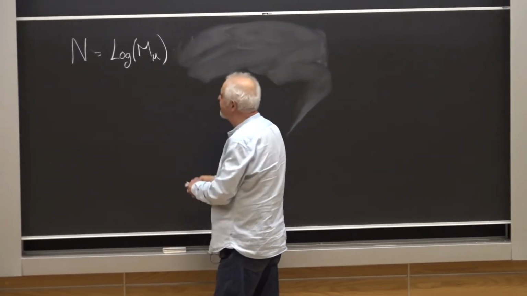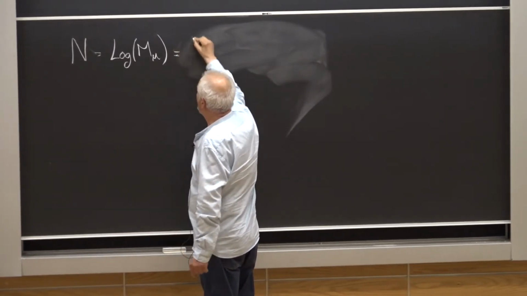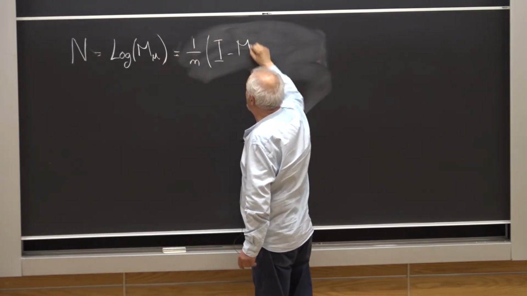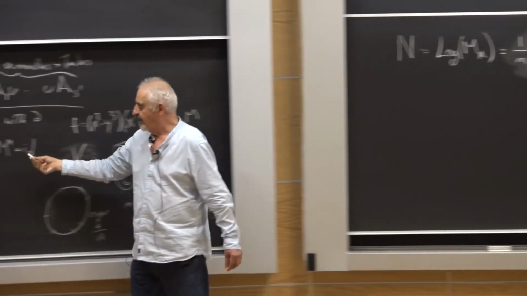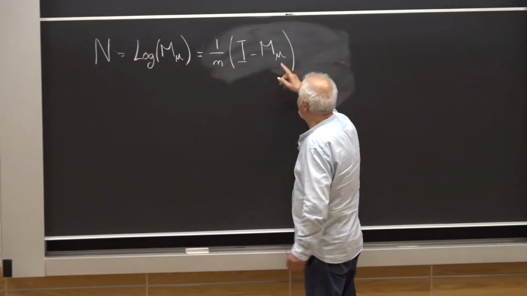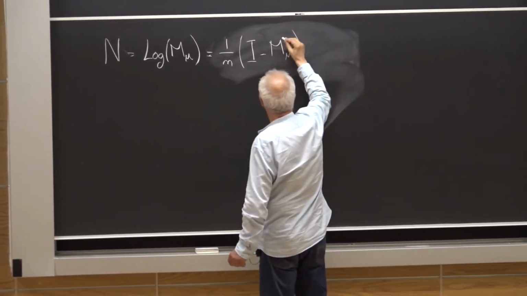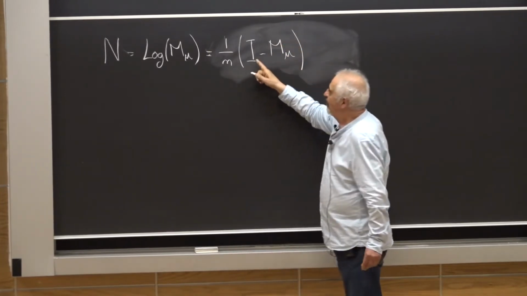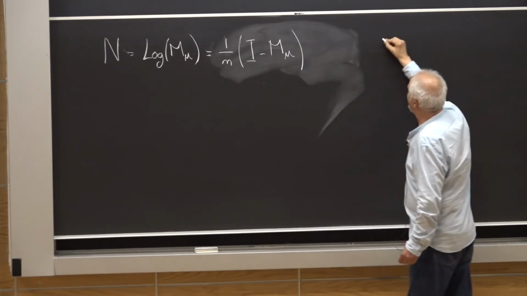So this is going to be equal to, under this hypothesis I'm putting over there, 1 over n, the identity minus mu. So the semi-simple part of the monodromy is going to be mu. So see, the semi-simple part, I'm going to get rid of it, and here I'm taking, so in this decomposition